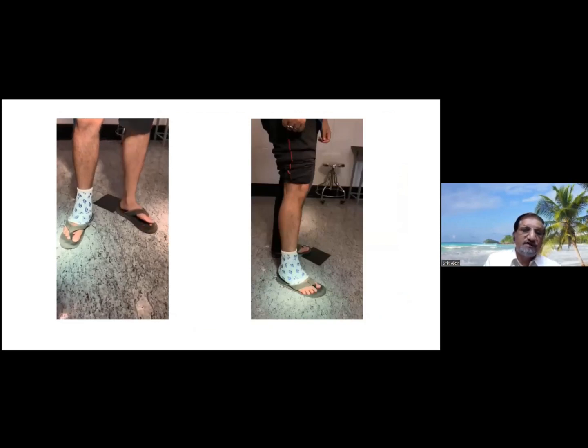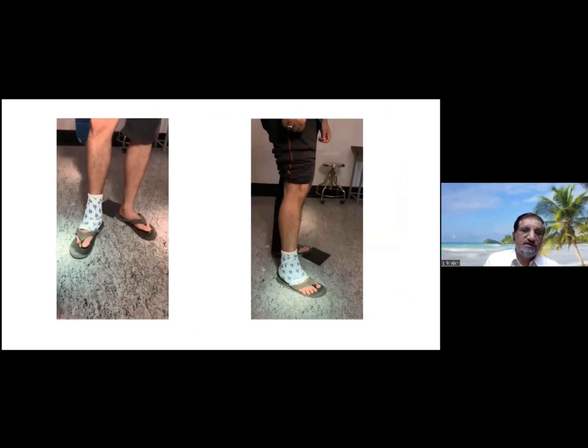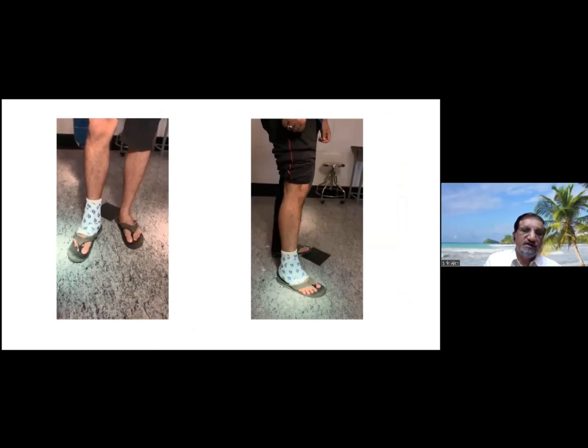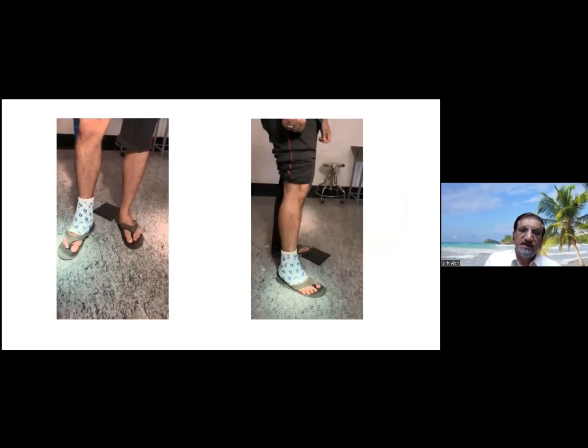So I just get the patient to do that. See there, you can see that he's able to invert and evert on this side, but not able to do it on this side. But he's got some amount of flexibility. It's not full movement happening at his ankle, but they're able to mobilize themselves quite well.